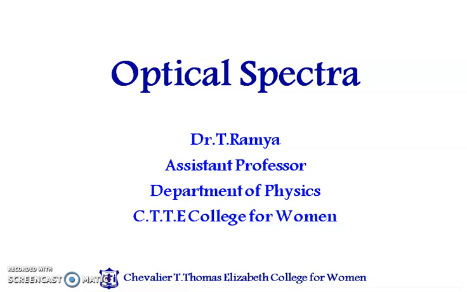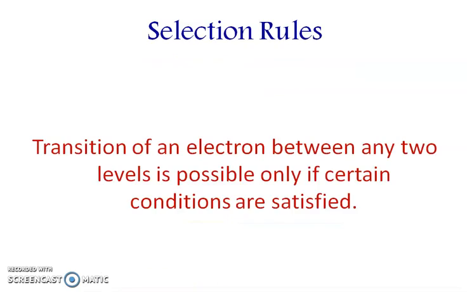In this video, we are going to discuss the optical spectra of an atom. When we speak about optical spectra of an atom, the first thing we have to see is selection rules. A transition of an electron between any two levels is possible only if certain conditions are satisfied. When an electron jumps from a higher state to a lower state, it has to satisfy certain conditions called selection